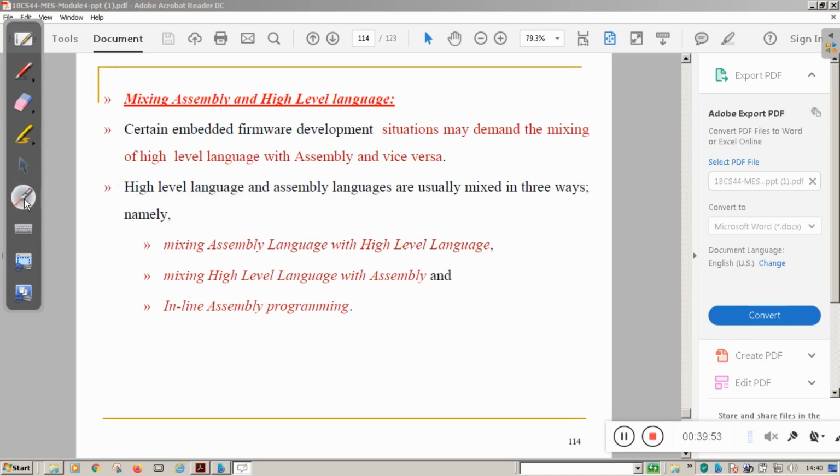High level and assembly languages are mixed in three ways: mixing assembly language with high level language, mixing high level language with assembly language, and inline assembly programming. We have seen in the second module that from a C program we called an assembly subroutine, or from assembly language we called various types of C functions.